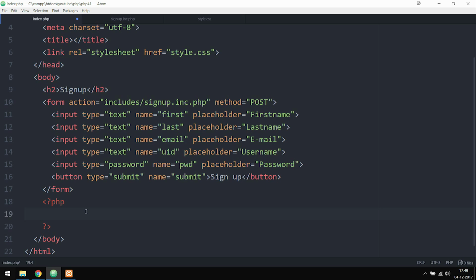And the first thing I want to do is I want to get the full URL. So I can actually see if we have a certain string inside the URL. And if we have a string that matches with what we're searching for, then we're going to throw some kind of error message. So I'm going to say we have a variable called $fullUrl equal to, and then we're going to set equal to a string. And inside the string, we're going to say http